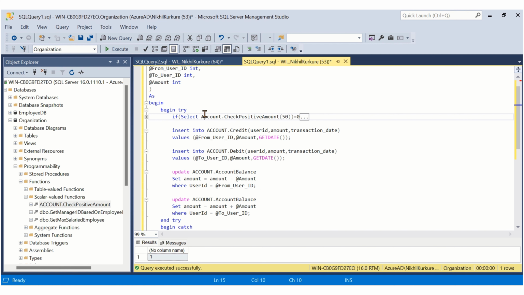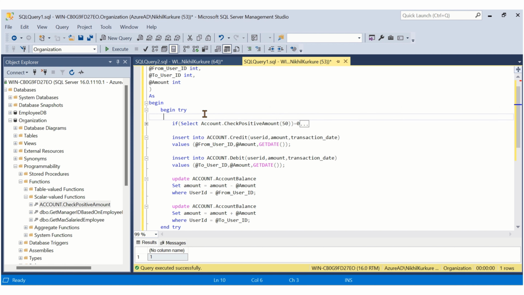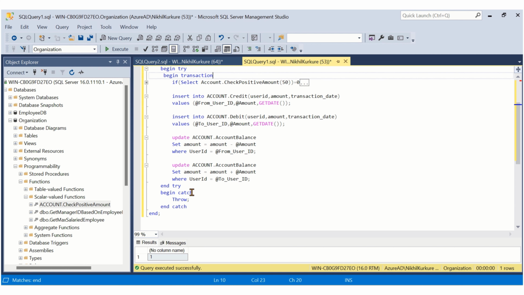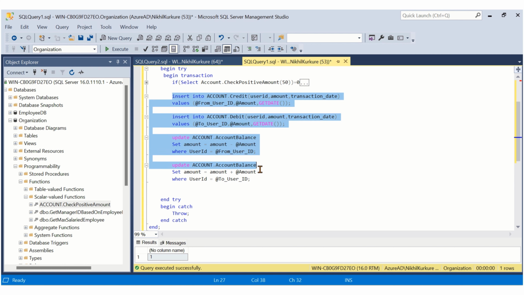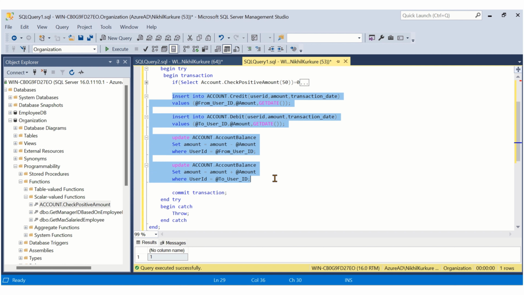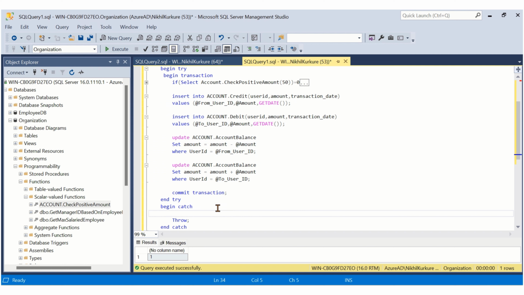Now, what I will do here, I will begin the transaction. Begin tran. Okay, begin tran, or you can write begin transaction. Both you can write here. And here, see, if everything works smoothly, then it means we can commit the transaction. Let's say if any error comes here, then it will be caught here. And at that time we will roll back to the previous state,